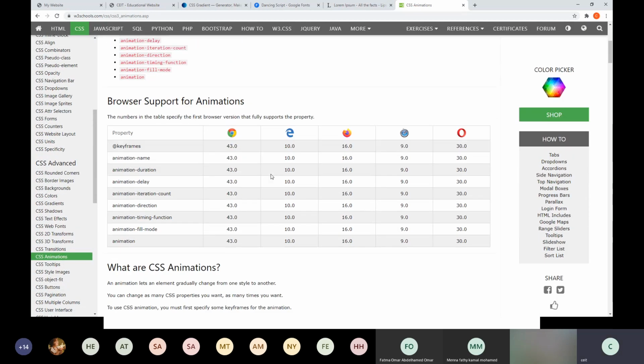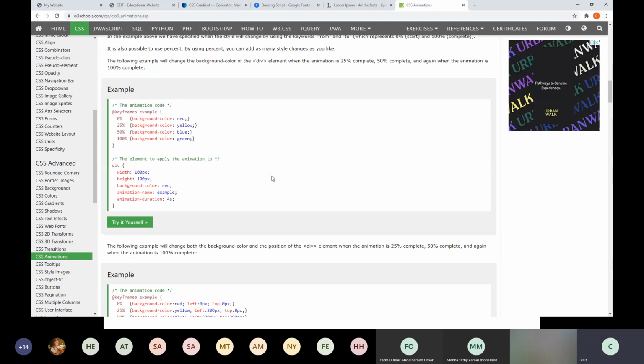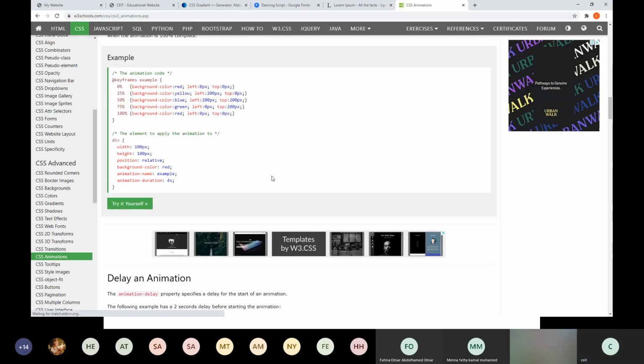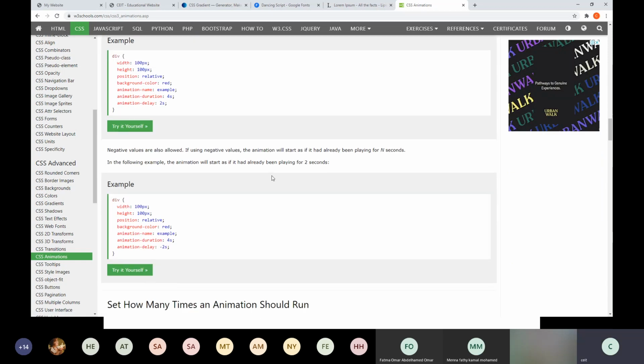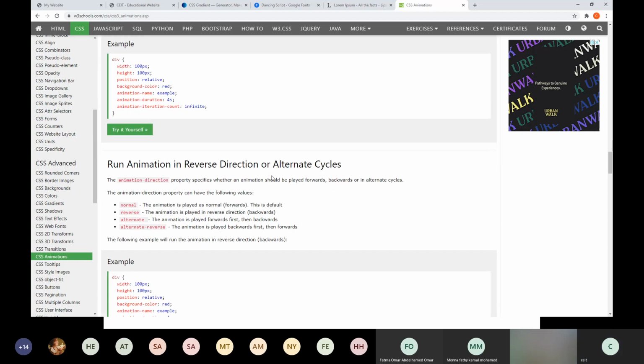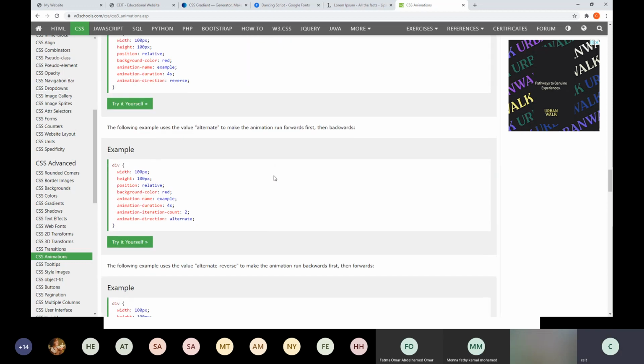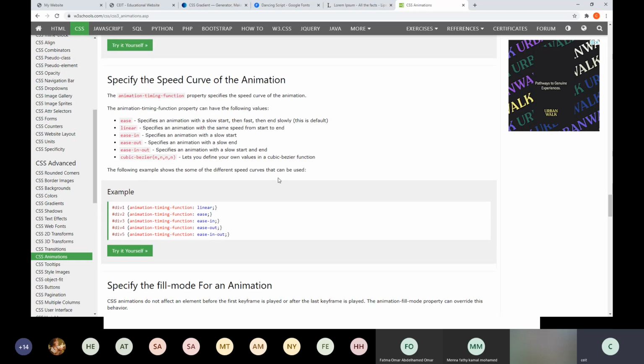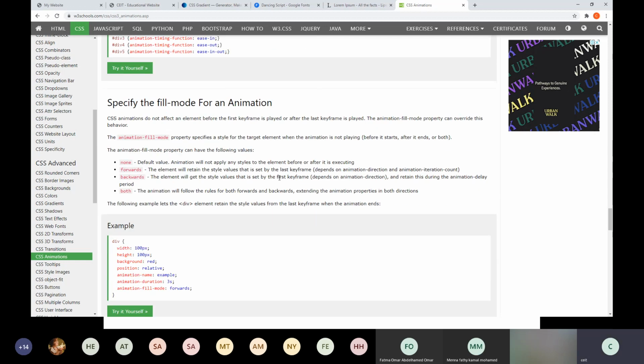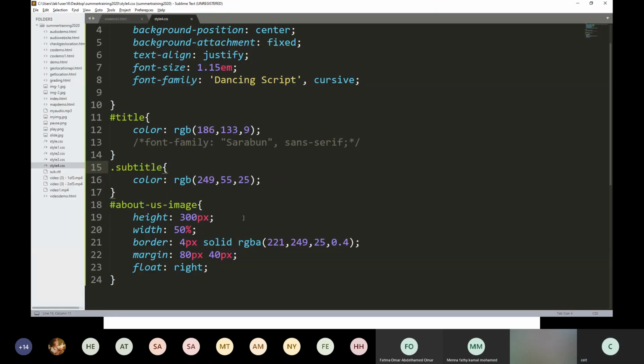Here you can see the complete details of what is animation and how to apply the animation. Whenever you are using the animation, some properties you have to specify. First, let me start from the first.